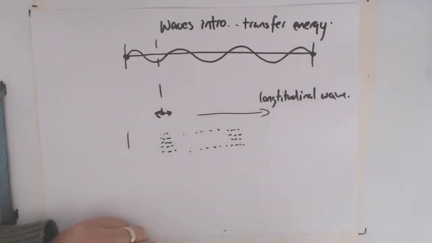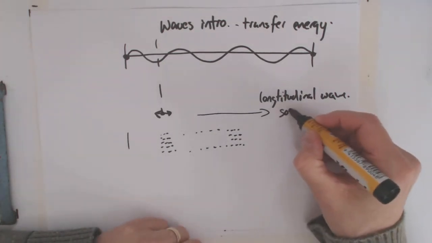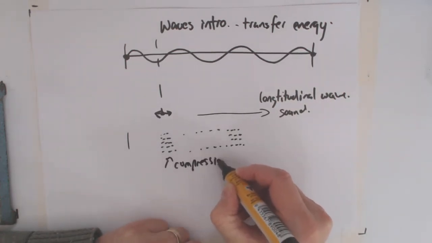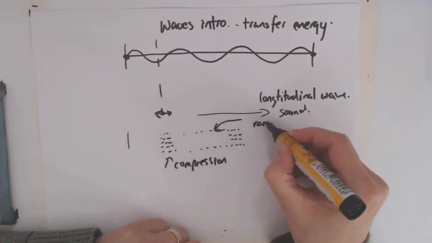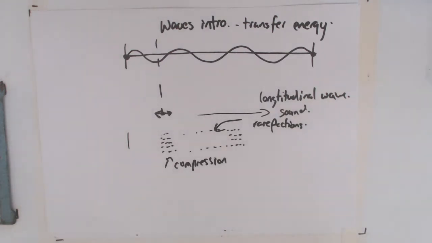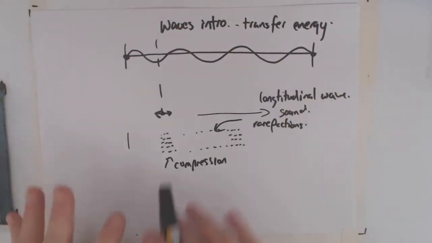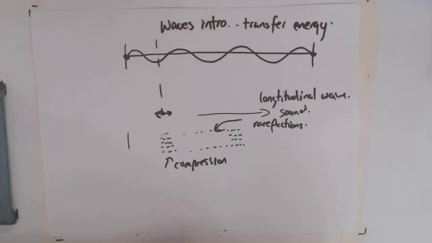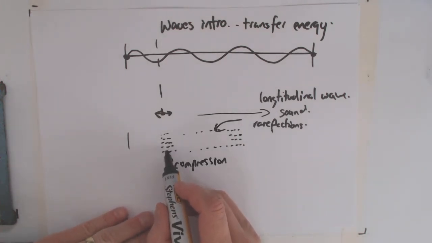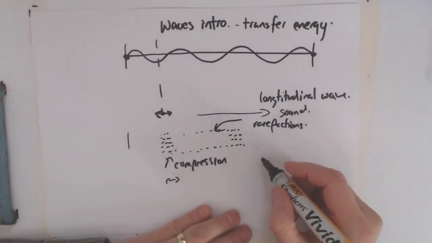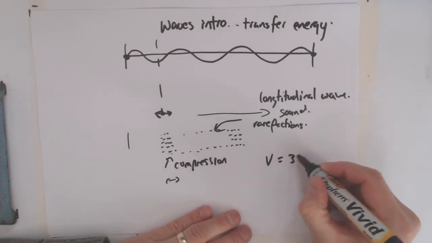This is all based on the assumption that time has stopped. So a longitudinal wave, like a sound wave, is a series of compressions and rarefactions, areas where the pressure has decreased. So this is all about pressure, the transfer of waves. And it all moves very, very fast. These compressions move very fast, but the actual molecules just move backwards and forwards like this. But the compression moves very fast, in fact, at the speed of sound, which in air is about 330 meters